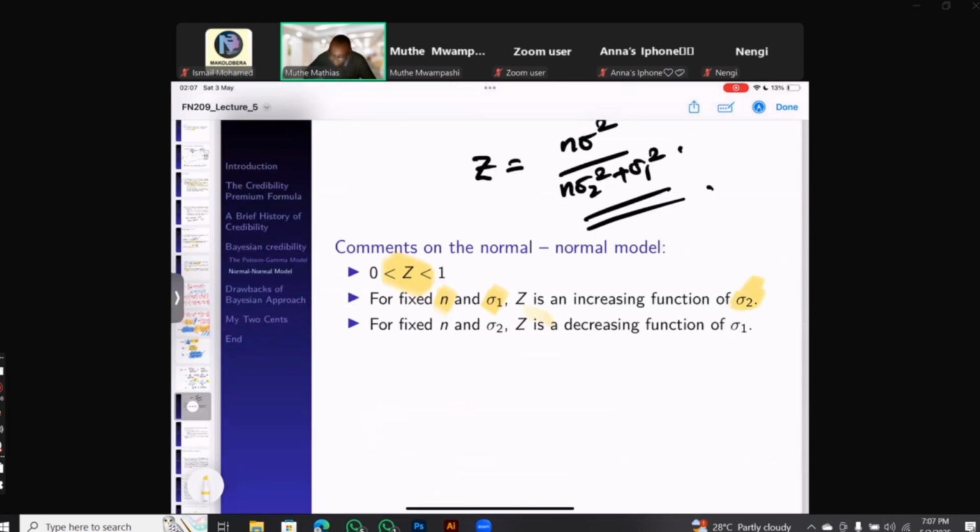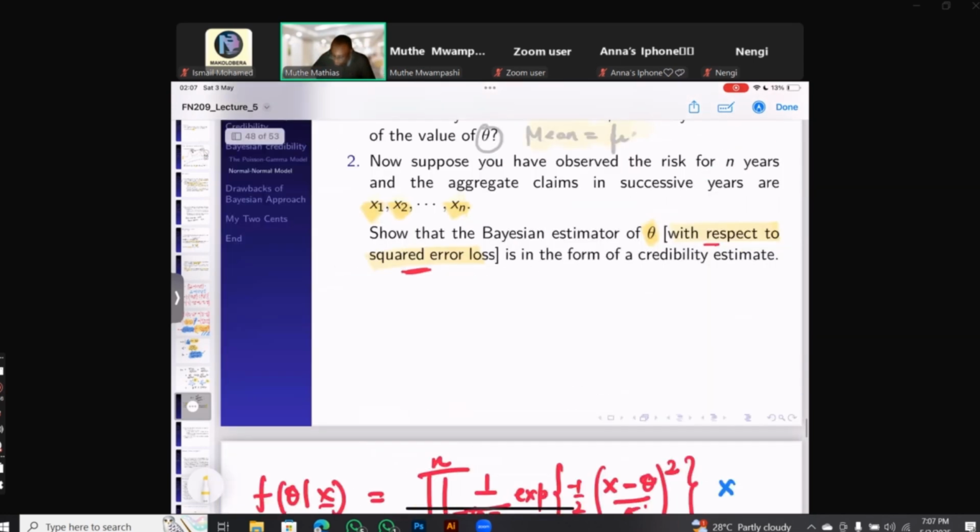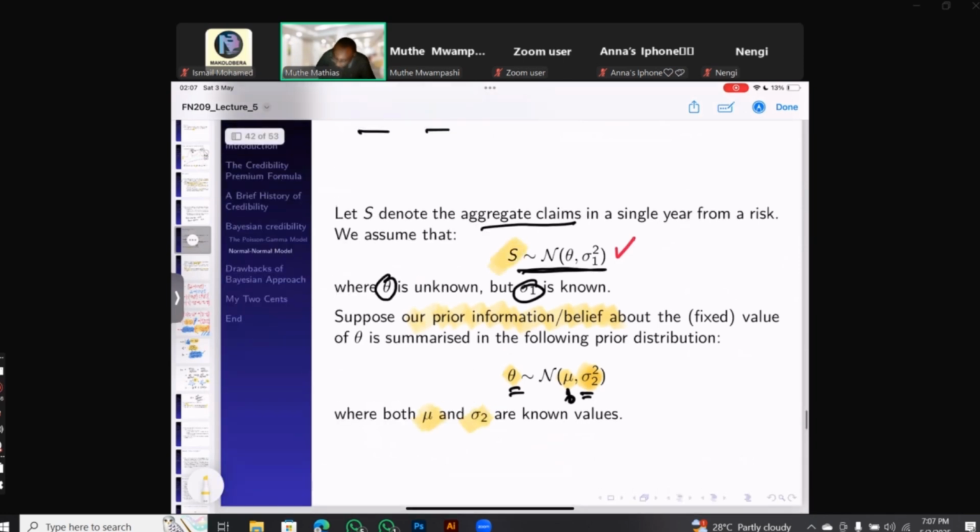And then for a fixed n and sigma 2, Z is a decreasing function of sigma 1. So what is sigma 1 based on the assumption? Sigma 1 is the variability in the risk itself, because we are assuming that the data, the aggregated claims in this case, follow a normal distribution with mean theta and variance sigma 1 squared. So if sigma 1 squared is high,